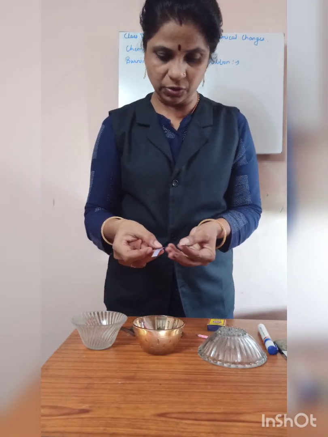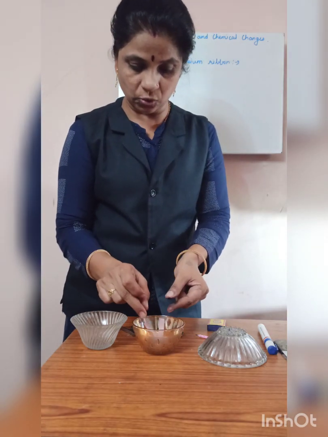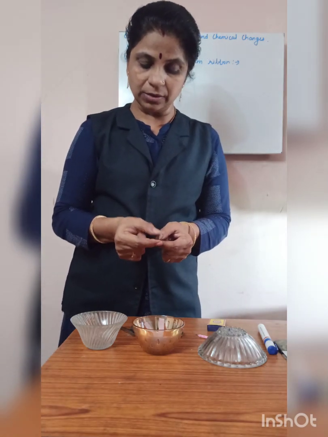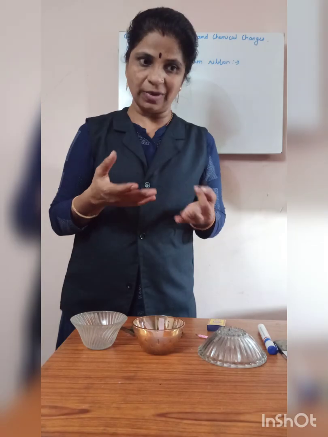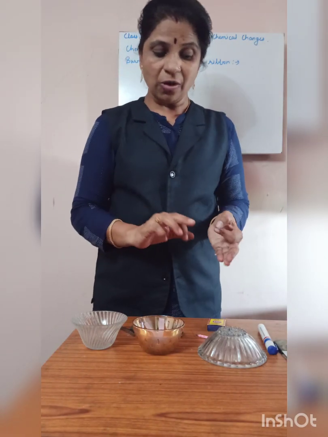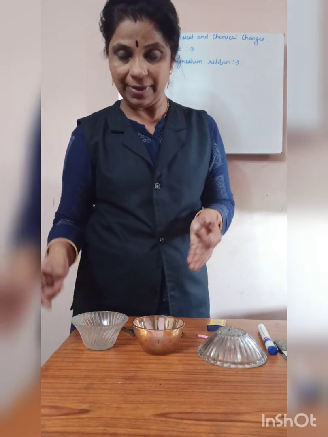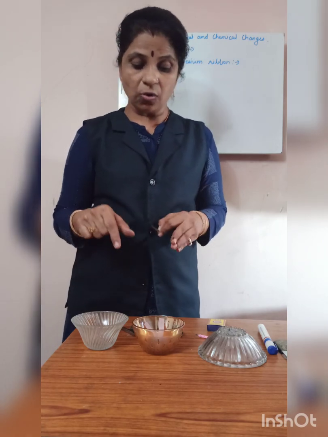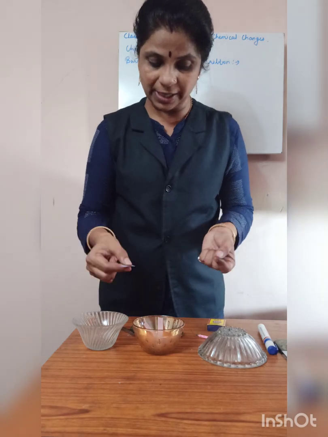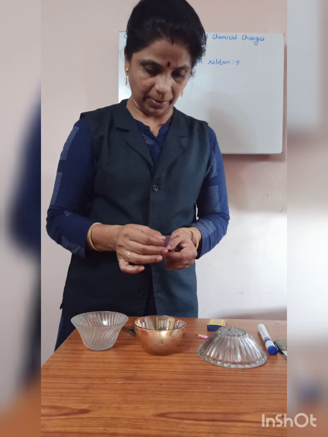Actually, litmus paper, you already know, is an indicator. So I have taken litmus paper to test after this magnesium ribbon burns. It will give white powder. Okay, we can say white powdery ash. That white powdery ash is magnesium oxide, and when I add it in water, I will get magnesium hydroxide. Whether that is acidic in nature or basic in nature, we are going to test by using blue litmus paper and red litmus paper. So children,